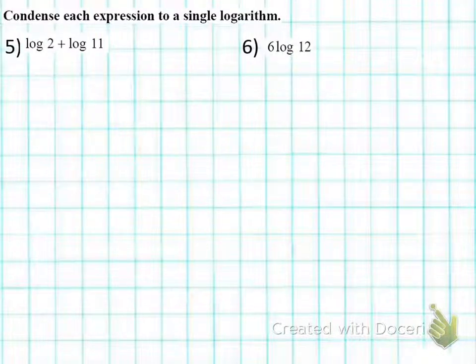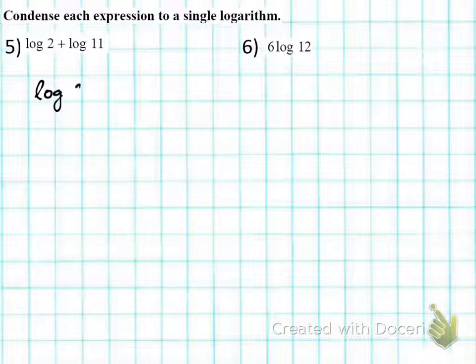Number 5. Now let's look at the directions. What's the first word on number 5 on the directions? Condense, right? We're going to do the opposite of expand, which is to condense. We're going to think backwards now. In order to condense, we need to have the same base. What's the base of our log here? 10, right? So this is a common log. So we're going to start with common log